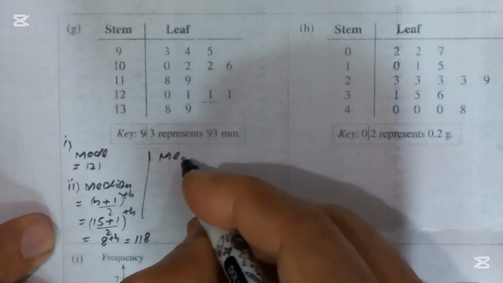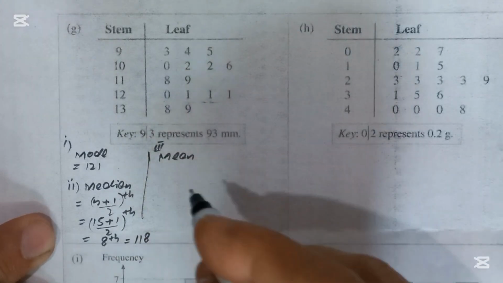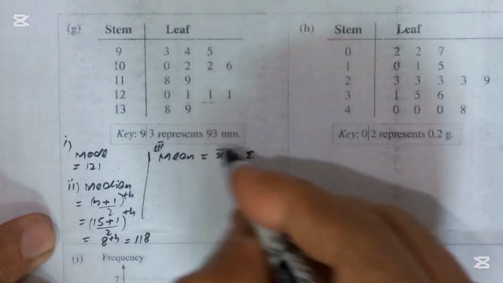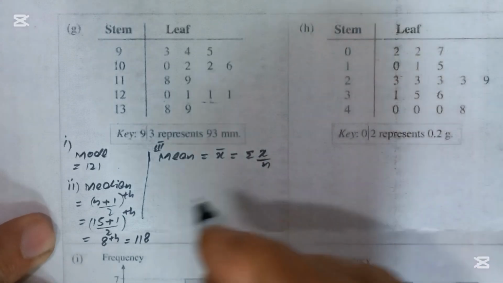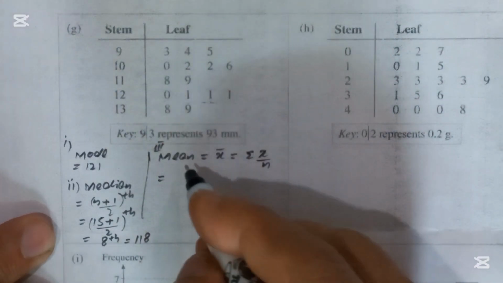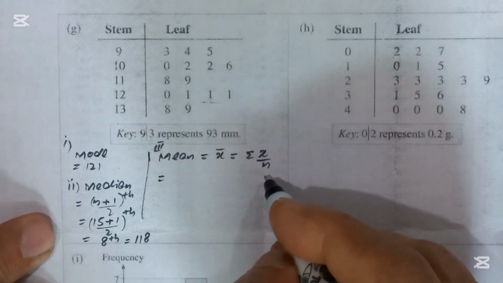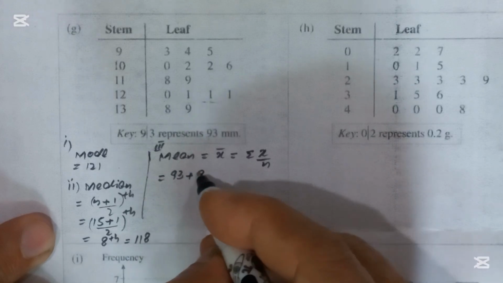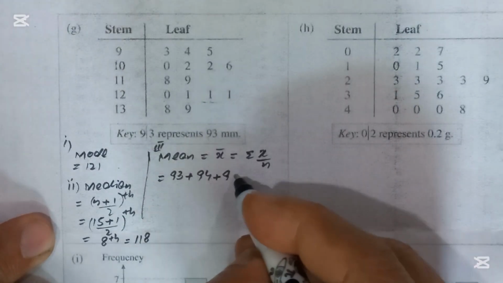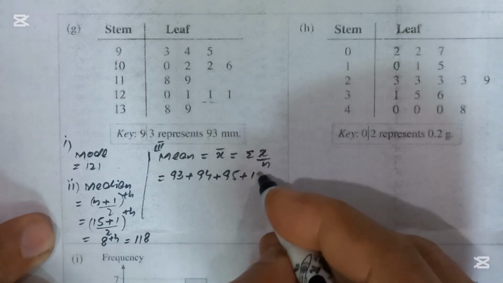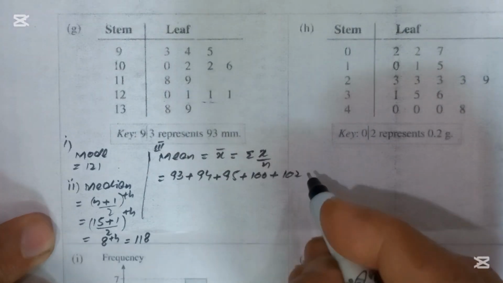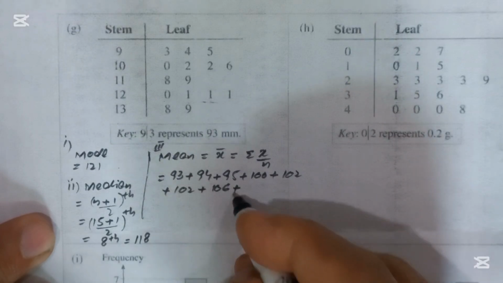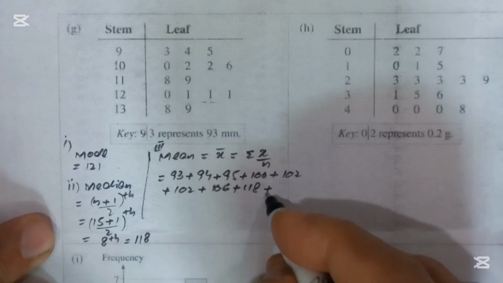And the final thing is mean. This is the last requirement. So the mean is represented by x bar, and the formula for raw kind of data is summation x over n. So we will add all these values in the numerator and divide by the number of terms, and the terms will be 93 plus 94 plus 95 plus 100 plus 102 plus 102 plus 106 plus 118 plus 119